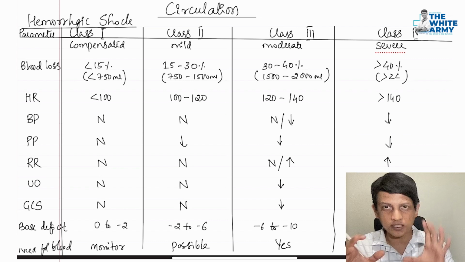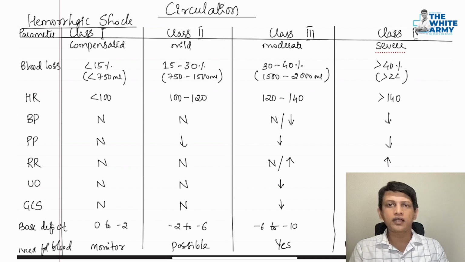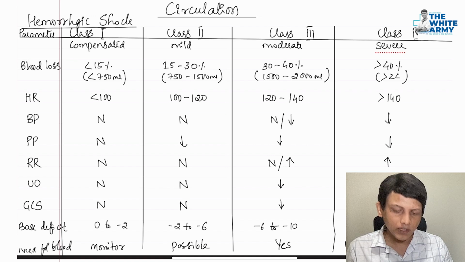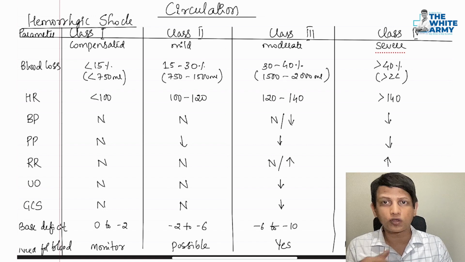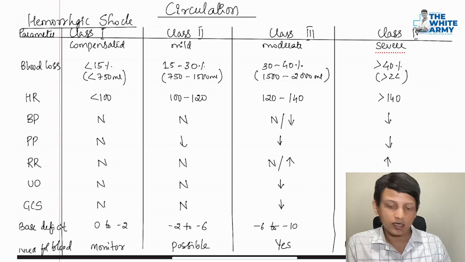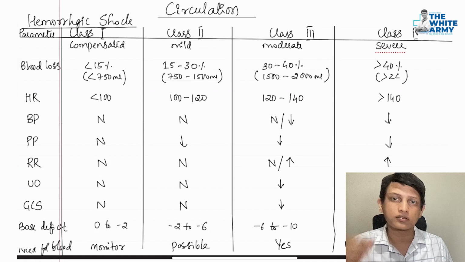Class 2 onwards pulse pressure decreases. Respiratory rate is also maintained until class 3. In class 3 only they develop tachypnea. Urine output also starts dropping from class 3 onwards, because the blood loss is more, tissue perfusion is less, so urine output decreases. And Glasgow Coma Scale also, when the blood supply to the brain decreases, so they slowly